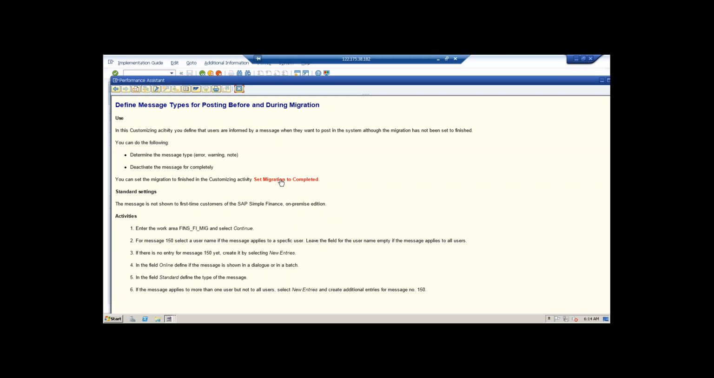No, but this will be the first step, before the migration starts. No, set migration to completed, he said, was the last step. That is correct. So before we start any migration, we will need to define that. We use the work area FINS_FIMIG and message number 150, and then we will have to set it up as an error. The default must be error, and we should set it